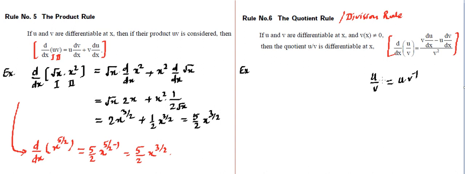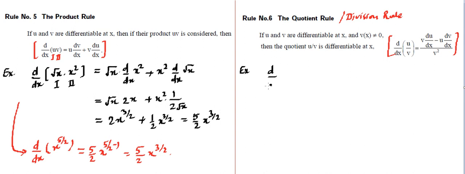So if you treat this in this manner, then you'll find that here we can apply the product rule. That product has to be applied between u and v raised to power minus 1. So from there you will find the same answer coming, which you can get from this quotient rule directly. So, let's take an example.